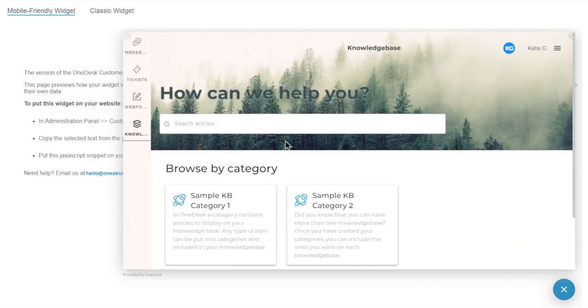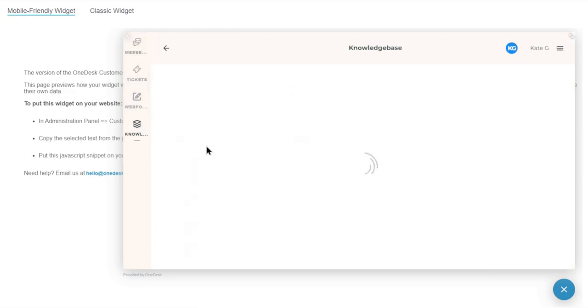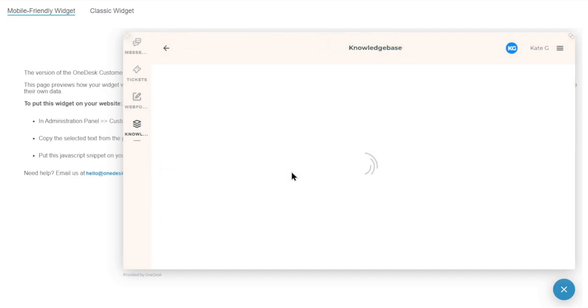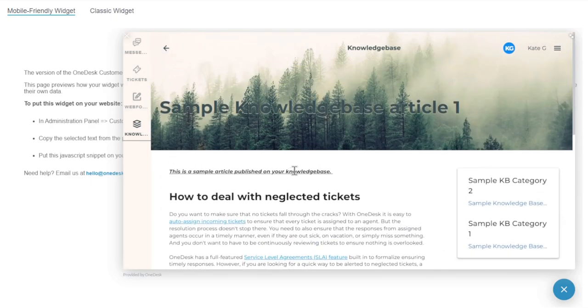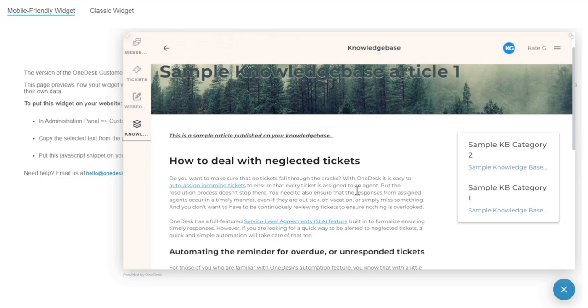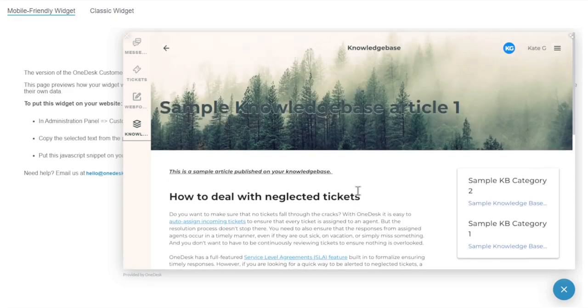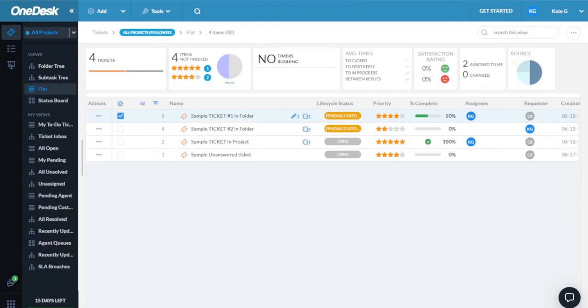Finally, the knowledge base is a self-service hub of information. Your team can write articles on common questions, your company, services, or anything else. The knowledge base can cut down on common questions and keep everyone on the same page. Please note that these apps are highly configurable, including colors, logos, and more. I will cover that later on. Let's get back to our main web application.